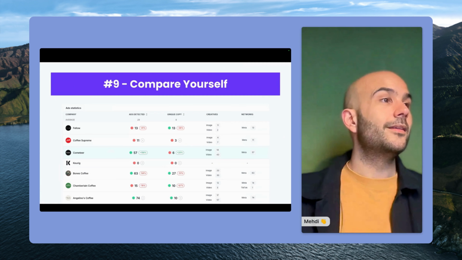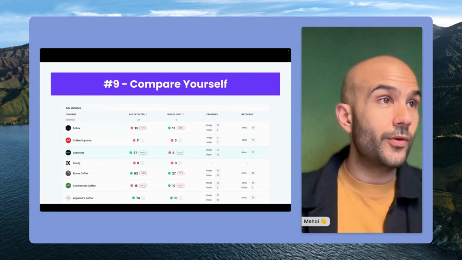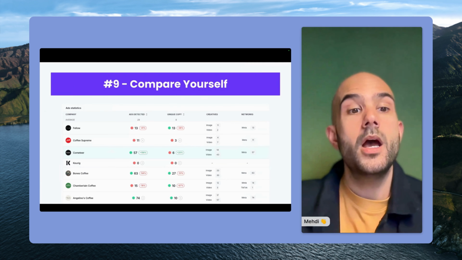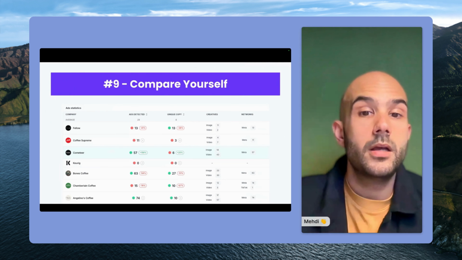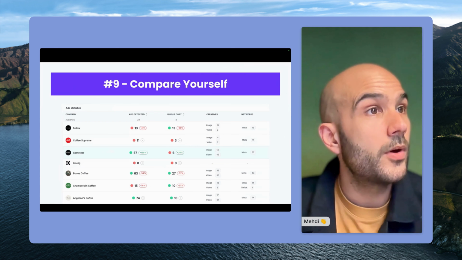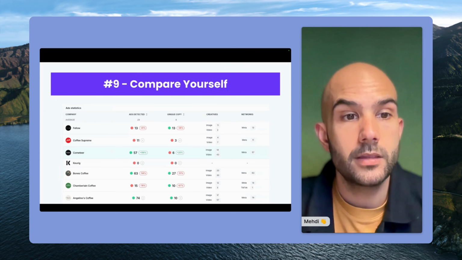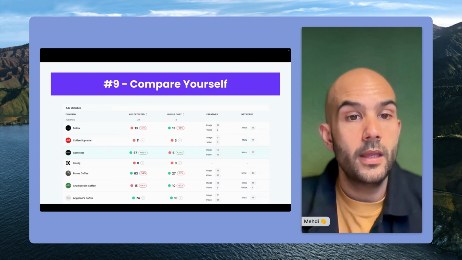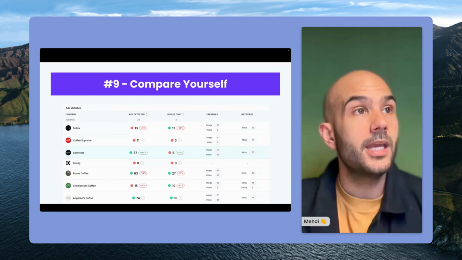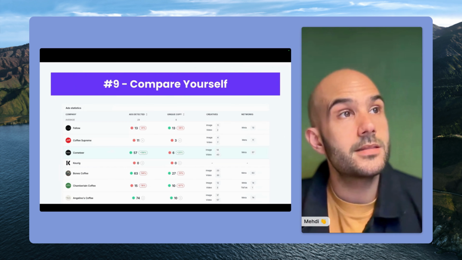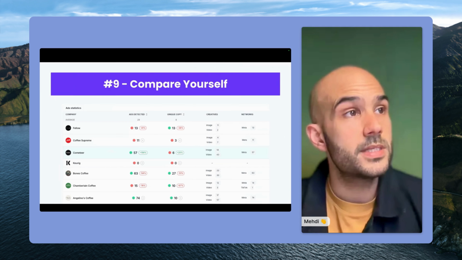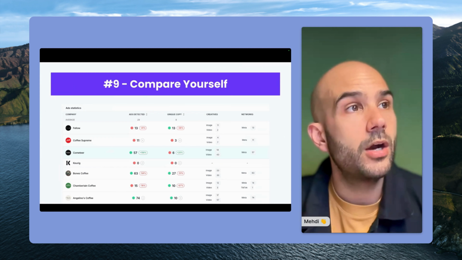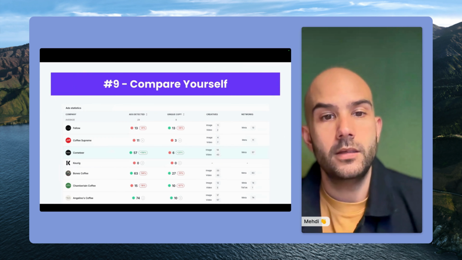Advice number 9, compare yourself. Again, this is often overlooked. It shouldn't be, because it's the start of how you can actually improve your own marketing strategy as well. It's not just about looking at what the other is doing. On top of this, it's being able to compare yourself against them, against their metrics, against their creative metrics, if you don't have access to their private metrics, of course, but at least being able to say, okay, are they